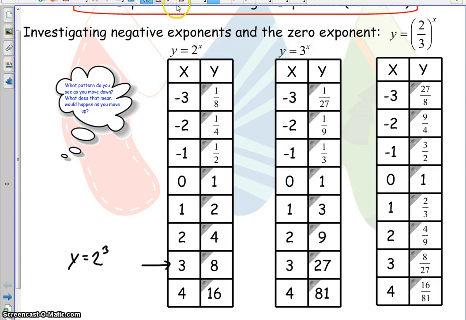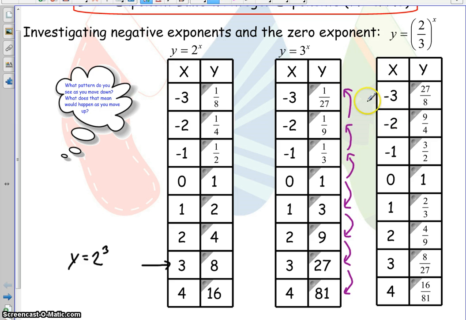So let's see if that follows along over here when we had a base of 3. Do we multiply by 3 as we move down? Yes, we absolutely do. 3 times 3 is 9, times 3 is 27, and 27 times 3 is 81. So going the other way, we're going to be dividing by 3. So 1 divided by 3 is 1 over 3, divided by 3 is 1 over 9, and divided by 3 is 1